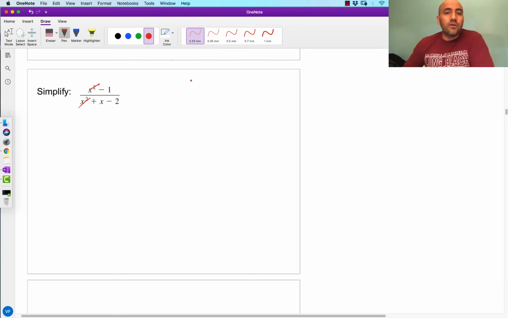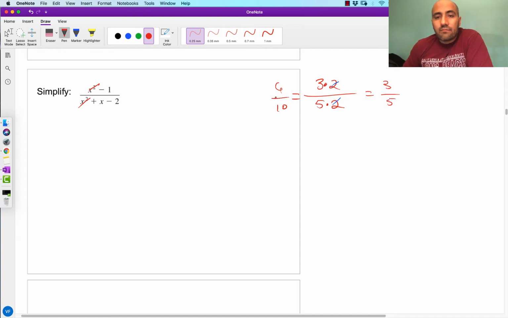This is not true. If you get confused by these ideas, think about this. If I have 3 times 2 divided by 5 times 2, well, that one would be 6 over 10. In this case, I can reduce the 2's, and I would still end up getting 3 over 5. It seems to make sense. But let's think about this situation. How about if we had